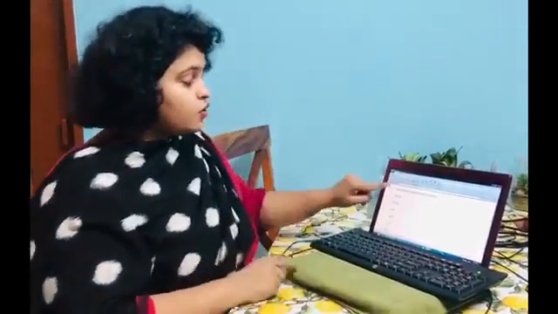Kids, I hope all of you understood why we use caps lock key and why we use enter. So, I hope all of you have done this. If not, please keep on trying it. You have to practice at home. So, now what will you practice at home? Now, for the recap, you have to type alphabets in capital letters. But with help of what key? Yes, with help of caps lock key.